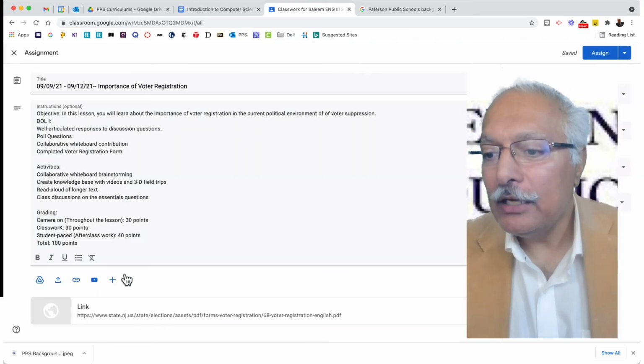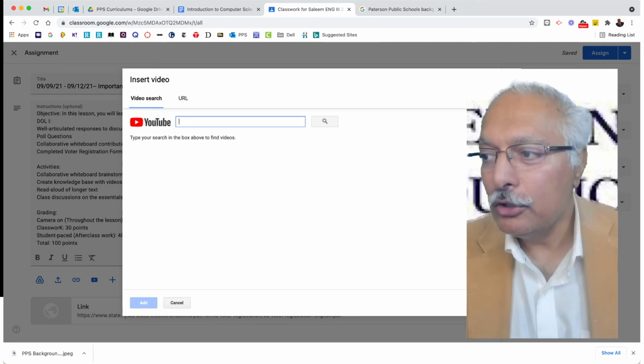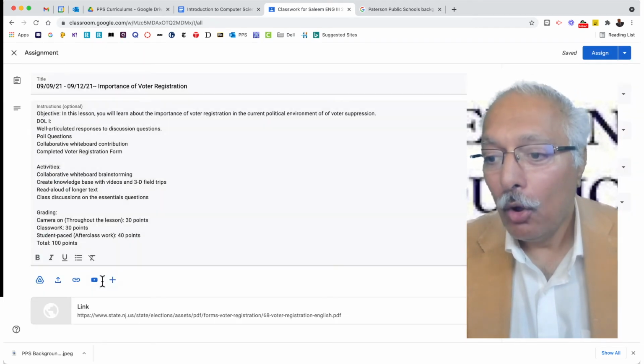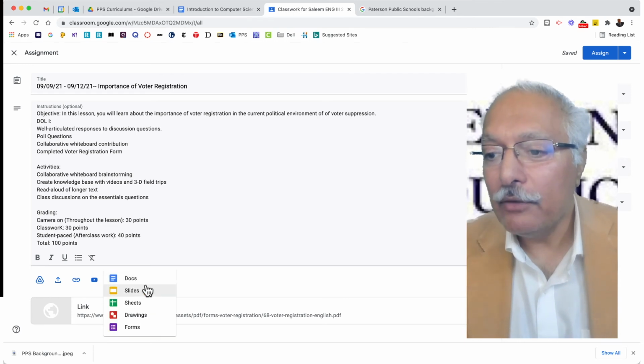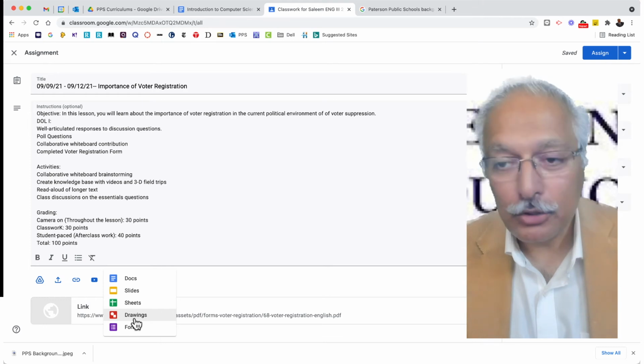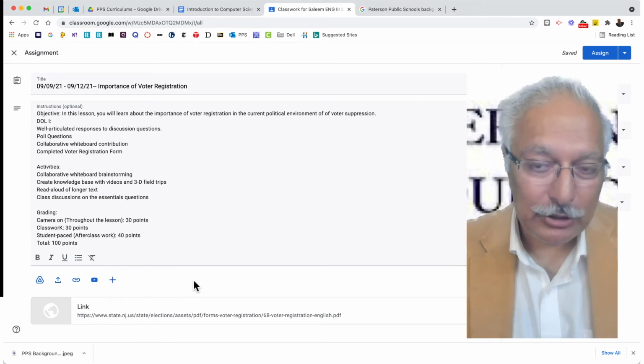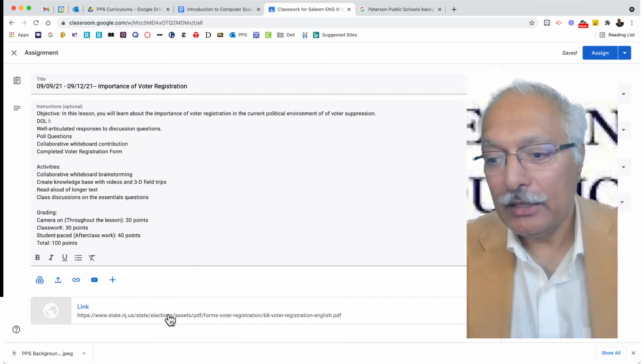And if I need to add a YouTube video, I can do it right here by clicking on the YouTube icon at the bottom. Or if I want to add any of these documents, slides, Google Sheets, or a drawing or a form, I can add any of these attachments to this lesson plan, and they will all show up here